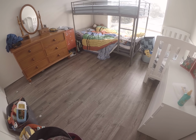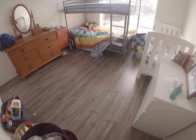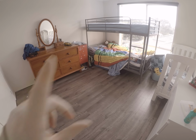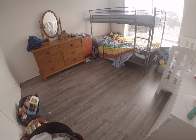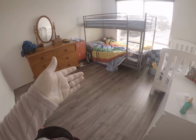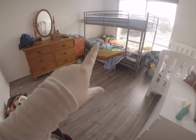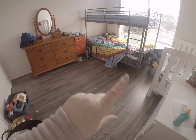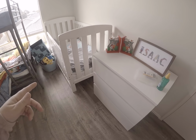This is James's room and Isaac's room now. Isaac moved in here. James and Samuel did share this room. We have a bunk bed. At the moment no one's sleeping up the top of that bunk bed, so obviously there's still plenty of room for a third person to be in this room, but that's just not what we're doing at the moment. So James has his bed, and then Isaac, who I'm still sort of moving in,